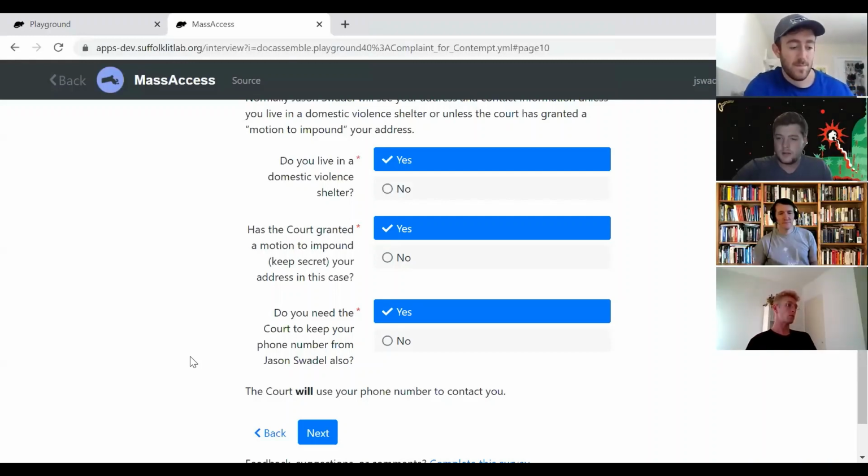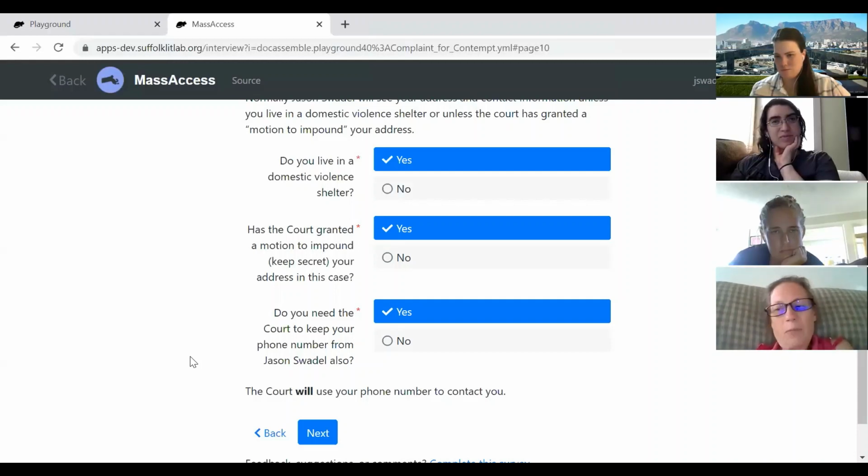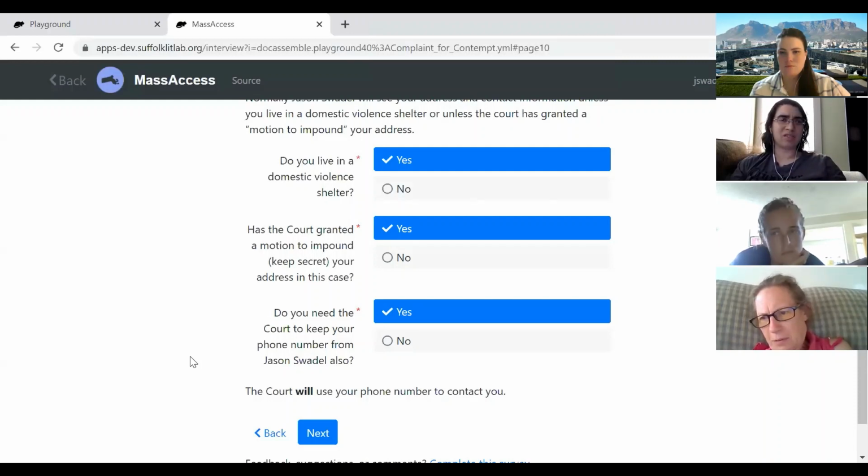No, you can do the full file, or you can do anything from the file. I'm sorry to put a fly in this ointment, but is there a chance that they didn't submit a motion to impound, in which case they would be confused? The court can't grant it if they didn't file one. I'm just saying, if I'm looking at this and it says, did the court grant my motion to impound? I'm like, well, I didn't do that. So do I need to do something? Oh, I see. Gotcha. You could do one of those little help things with a little bit more information. That's a good point.